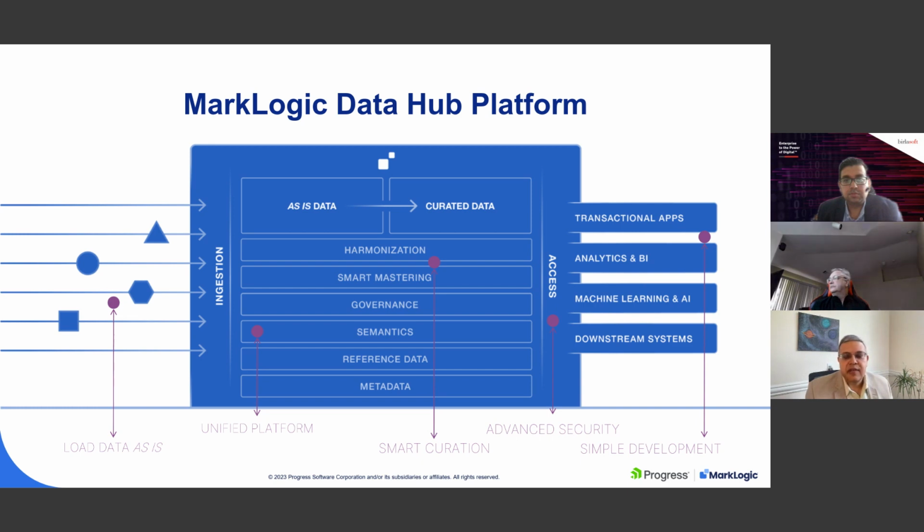Then what do you do with that curated data? You can build transactional apps on it because we're a fully transactional compliant database. You can also do analytics and BI on it. We have lots of customers in the pharmaceutical space doing that type of work. And you can also take that, feed it to machine learning, and build AI-based applications. And we'll talk a little bit more about that later in this